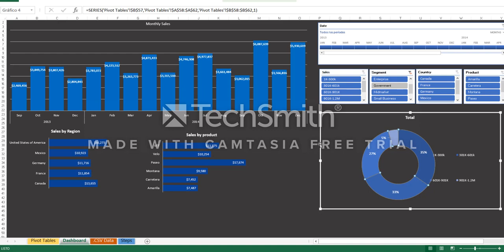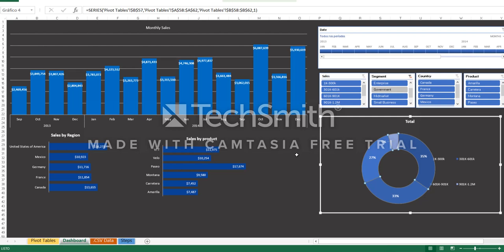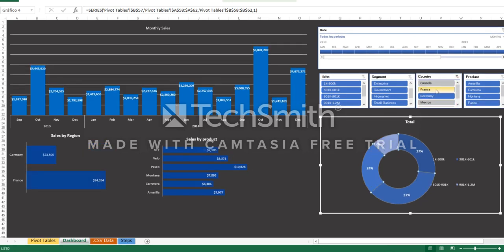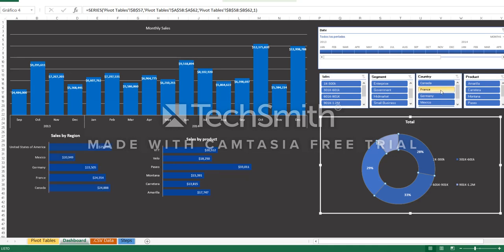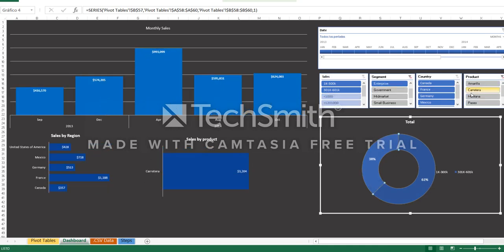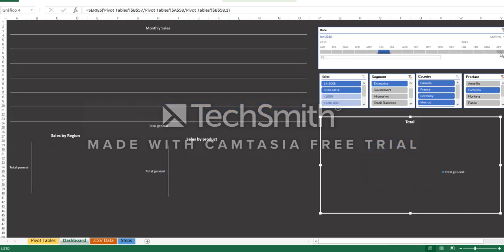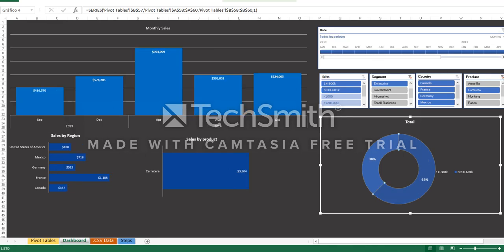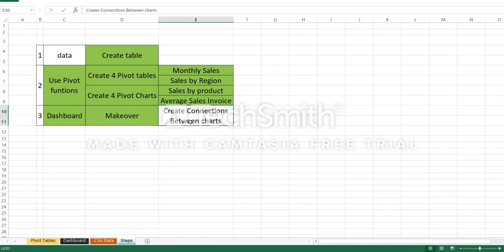You can adapt this type of graphics to any information, and you can create visual reports that are gonna make your life easy. I am playing around with the filters to check all the graphics and how they change every time that I use a different filter. I'm choosing the product and checking the graphics, and now I'm gonna change the range of the day. As you can see, all the charts change and all the values. This is really accurate.